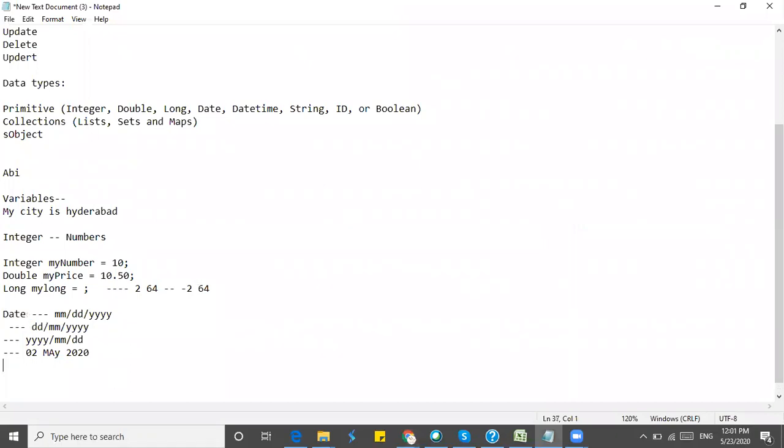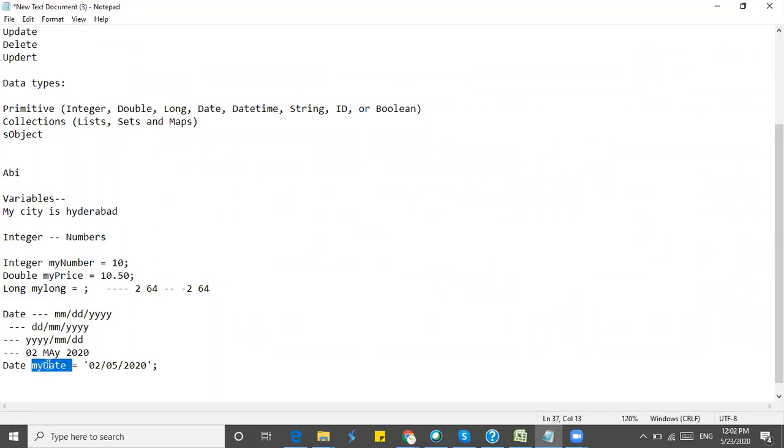I can create a date type variable in this format and store the value in it.